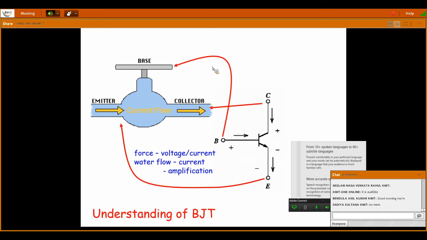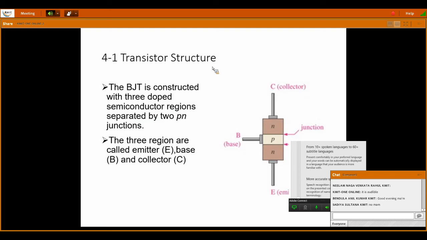So this is about the BJT. From this point, we analyze that the transistor is a three-terminal, three-layer device, the bipolar junction transistor. The three terminals are base, collector and emitter. Next, what are the three regions? As we have given the terminals as base, emitter and collector, those regions are called the emitter region, base region, and collector region. And I said the bipolar junction transistor is a bijunction.